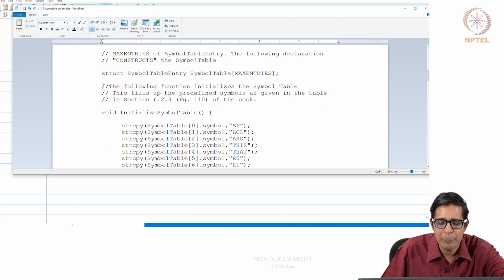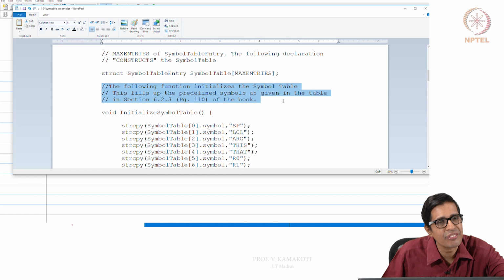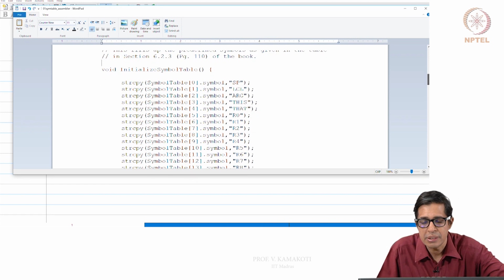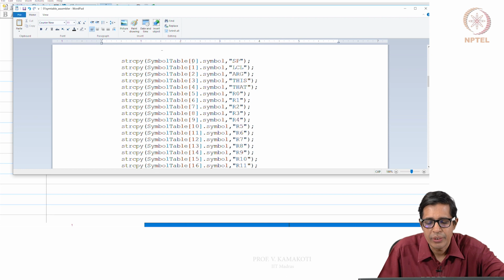Now the symbol table basically has some predefined symbols put into it. This is available in section 6.2.3, page 110 of the book, right? And what are the things we have already seen? 0 stands for the symbol SP, LCL for 1, for 2 it is ARG, for 3 it is this, 4 it is that, 5 it is R0, 6 is R1, 7 is R2, 8 is R3, 9 till R15.